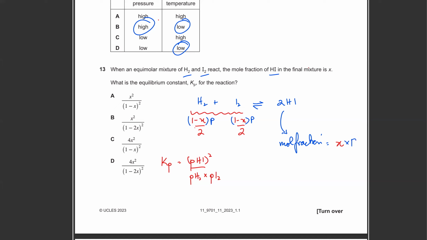The P is irrelevant because you've got equal numbers of terms in the numerator and denominator. When you have equal moles on both sides, the P gets cancelled out anyway. So it's going to be x squared, and at the bottom, you're going to have 1 minus x divided by 2, into 1 minus x divided by 2. So that's going to be squared as well, right? If I simplify this, bring the 2 to the numerator, it's going to become 4x squared divided by